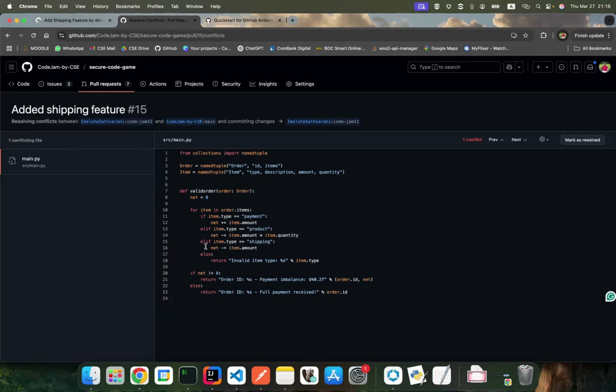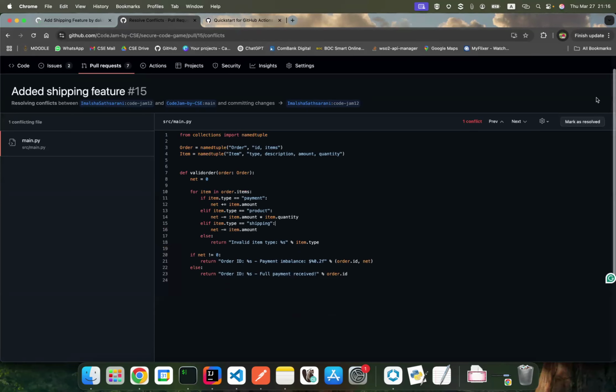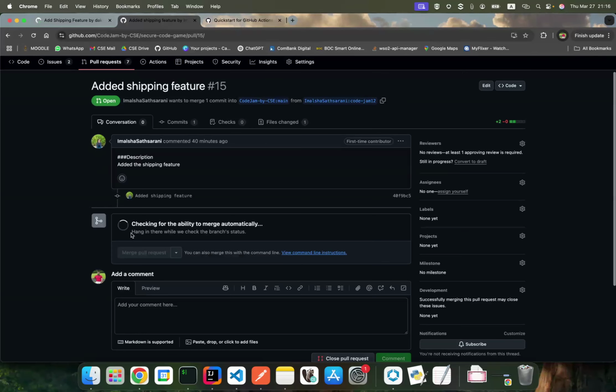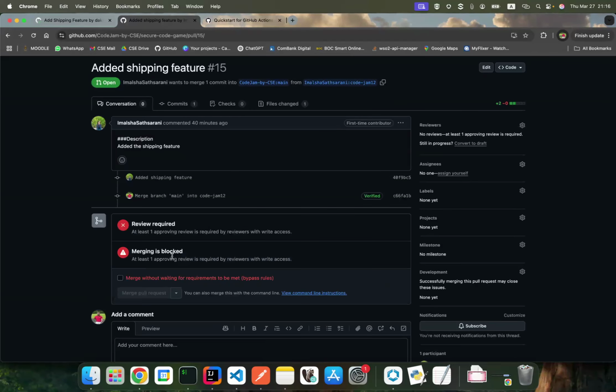After deciding what to keep, you can mark this as resolved and add a commit. This can be done by that particular user. Now there are no conflicts, so we can merge this. Whenever we are merging, we have to consider squashing, because I have added a new commit before merging.